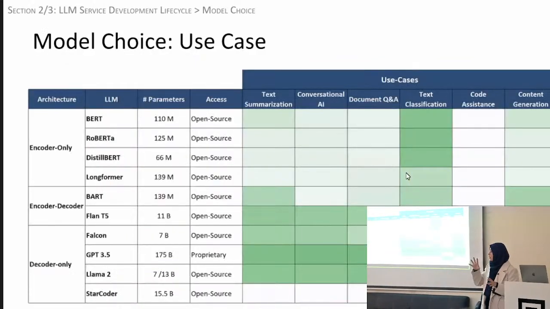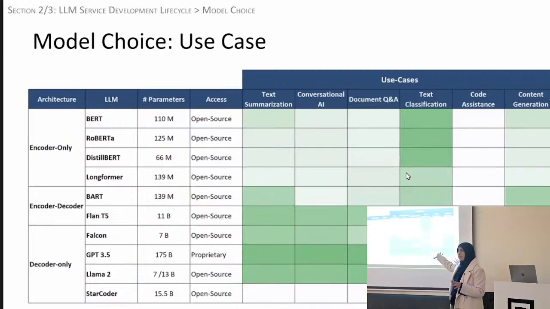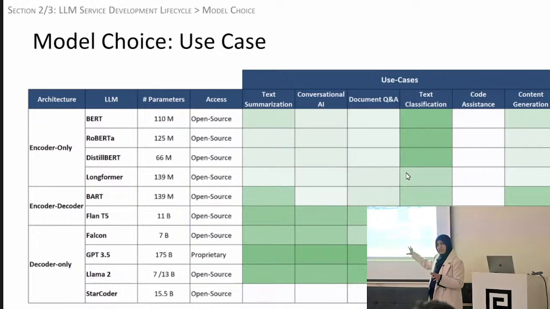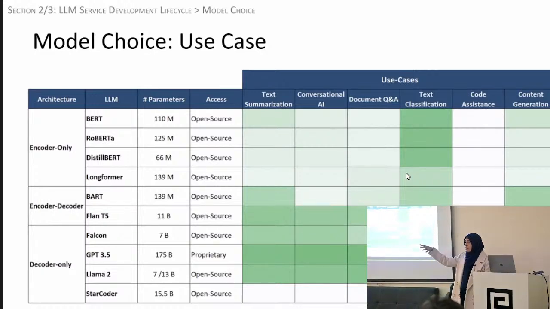If you Google LLM use cases, you'll see lots of figures like these pop up, right? Some of these are from research papers, some are from blogs where people have run their own experimentation on different models and then plotted the results for which tasks are done well by which LLM. For this particular figure, the darker green represents the LLM being good at one of these use cases.